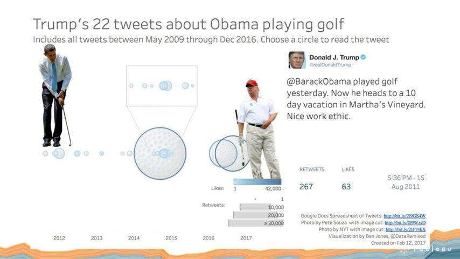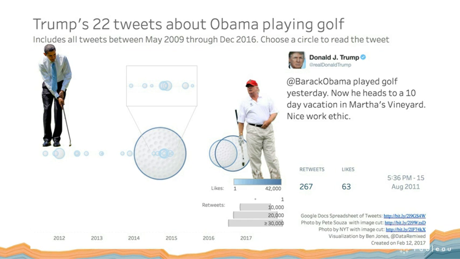This is one about Trump tweeting about Obama playing golf. Every tweet's a golf ball, and the size of the golf ball is how many times it got retweeted. Well, of course, why wouldn't you have Obama golfing? Why wouldn't you have Trump watching him? Every one of these is a tweet, right? So there's an image there. There's photographs. There's things that make you understand the topic. There's things that almost approach it in a humorous way that make you enjoy it.